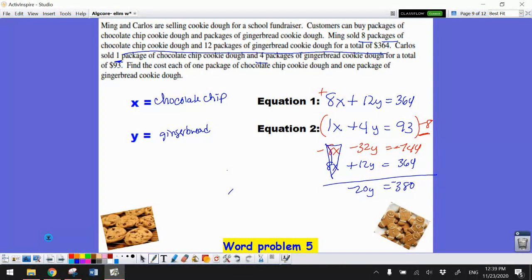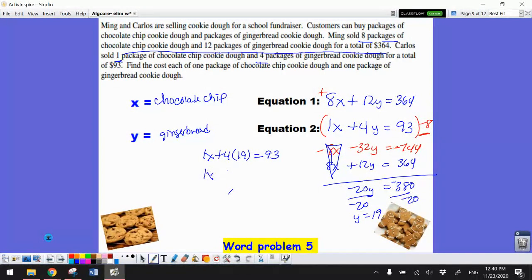If I divide by my negative 20, and watch your signs because negative and negative is a positive, I'm going to get 19. So I have 19 as part of my answer. Okay, let's go ahead and choose the second one. So I'm going to substitute in my 19. So 19 times 4